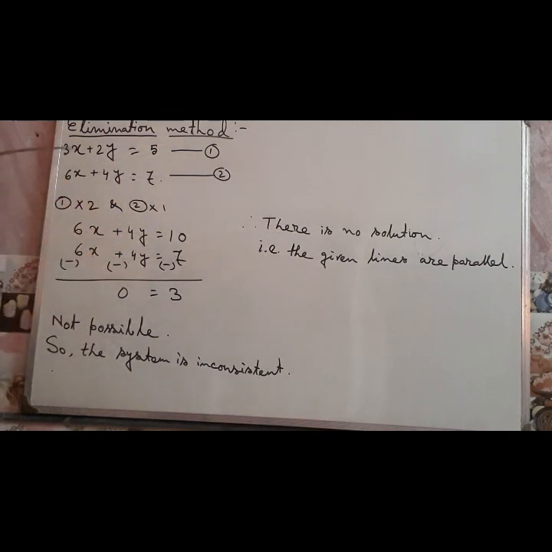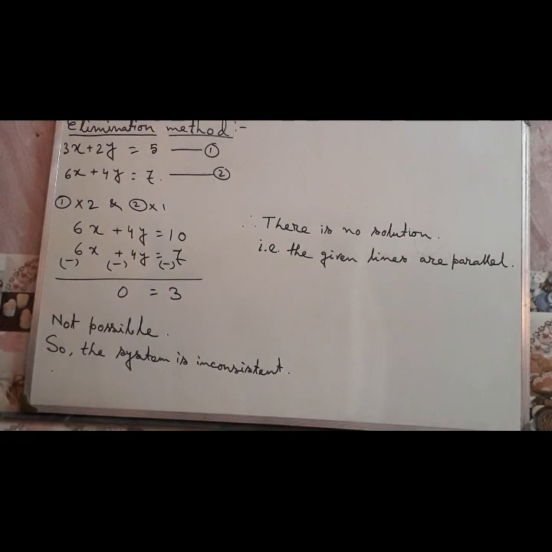That is, these given lines are parallel lines. You see here, a1 by a2, that is 3 by 6, 1 by 2, b1 by b2, 2 by 4, that is 1 by 2, but c1 by c2, 5 by 7, is not equal to 1 by 2. So a1 by a2 is equal to b1 by b2 but not equal to c1 by c2. That means here also in the elimination method you can say if a1 by a2 is equal to b1 by b2, then the lines are parallel. We can see by calculation.